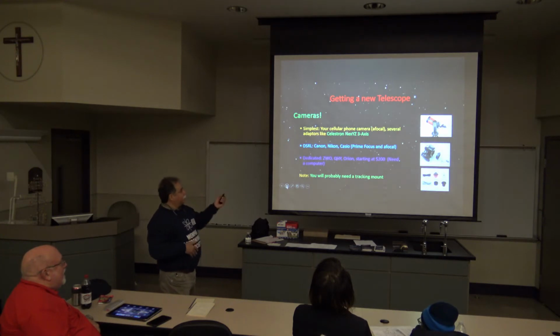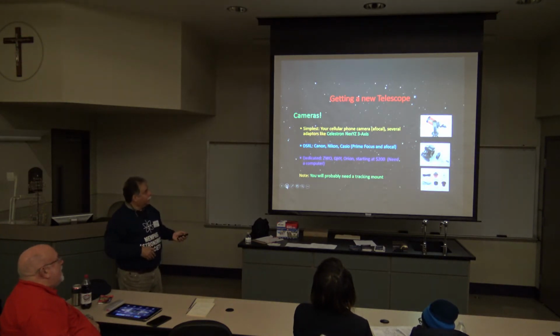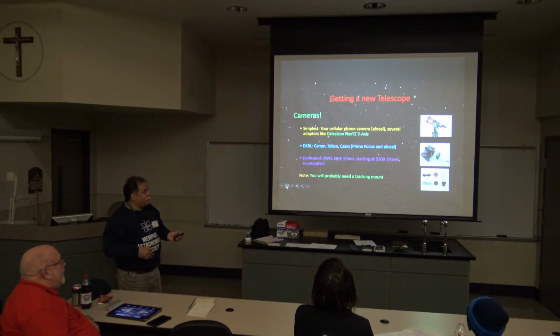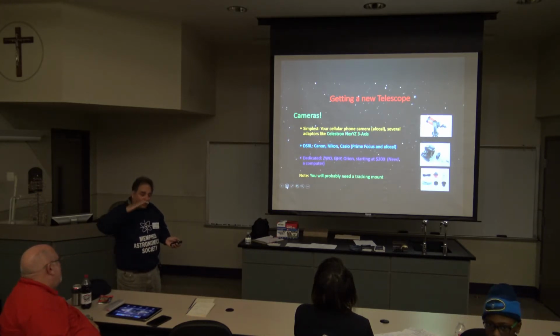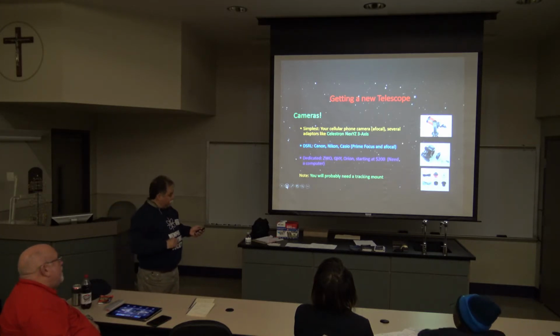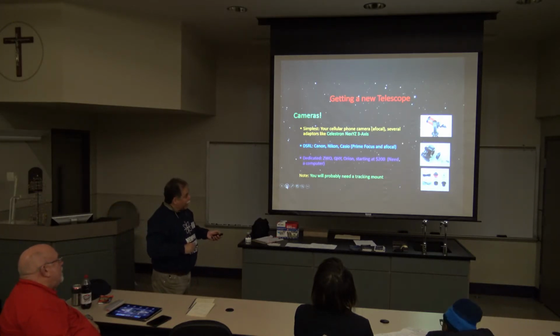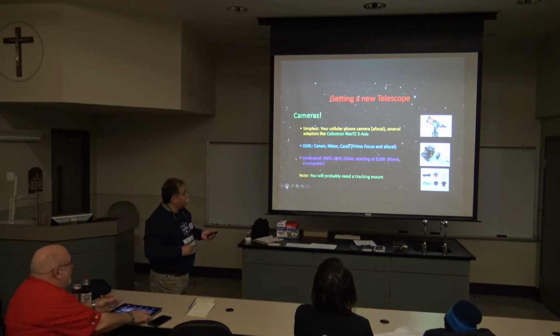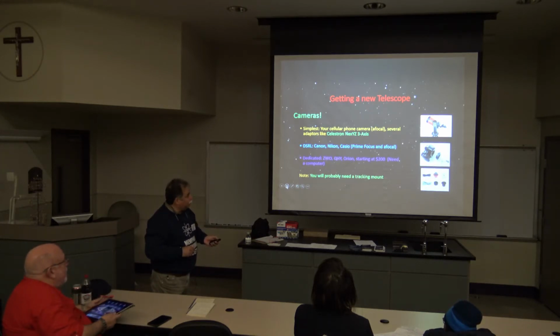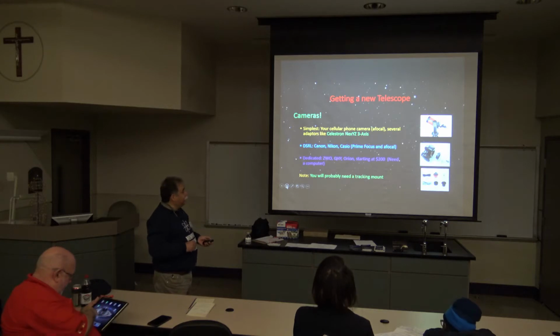So let's summarize with the cameras. Your cellular phone is the simplest. With this, there are many adapters. This is the newest that I saw, and it's very good because it allows you to align the phone in every dimension. Then you can use your Canon or Casio or Nikon camera, adapt that to your telescope,